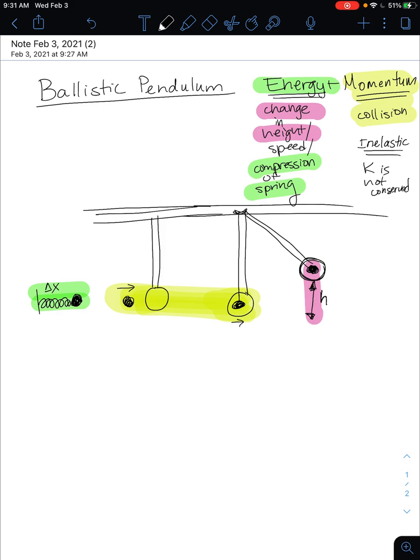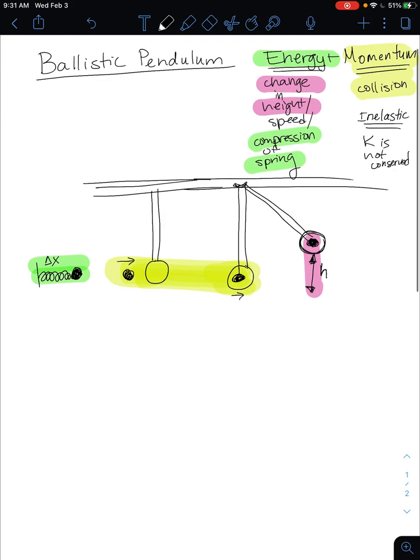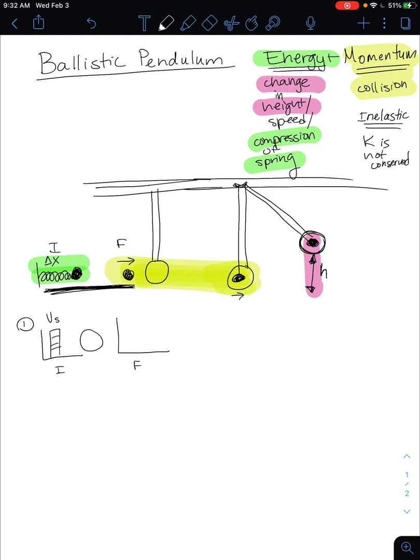So how do we attack this problem? Well, we have to break it into 3 steps. Step 1 is going to be saying, well, from the spring to the motion right here, I can use energy. I can see that this initial status right here and this final status right here, that there is no collision that takes place in between, that there is no outside force acting on it. And so I can take all of the spring energy stored in that spring to begin with, and I'll say that all of that energy turns into kinetic energy of the ball